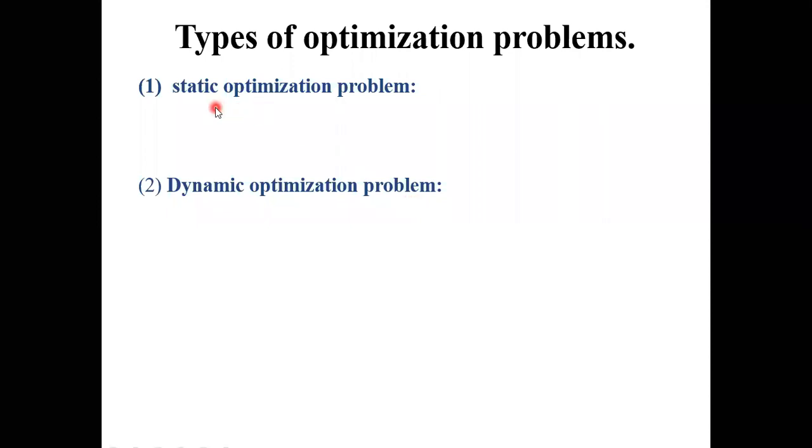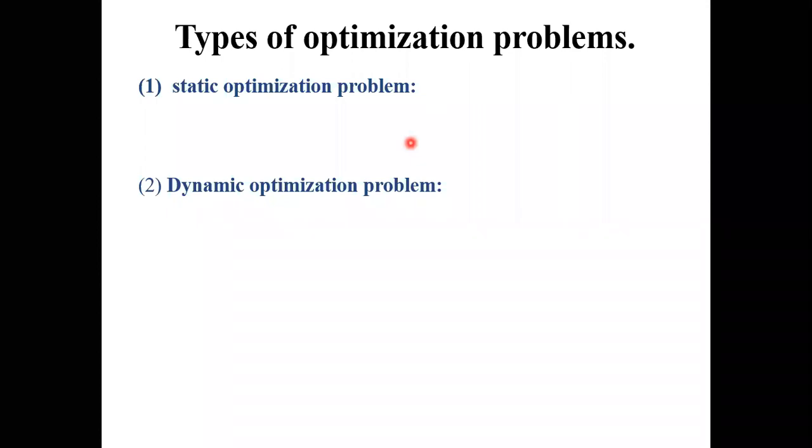Now, everybody knows the meaning of static and similarly the meaning of dynamic. Static means it is nothing but constant. Dynamic means it changes with respect to time. On what basis can we take it as a static optimization problem and similarly a dynamic optimization problem? For example, in order to solve an optimization problem, we need to consider some parameters. If those parameters are constant with respect to time, then automatically we can say that the optimization problem is a static optimization problem. Static means constant with respect to time.